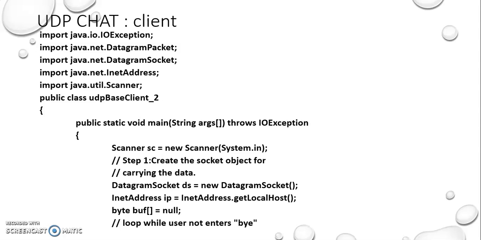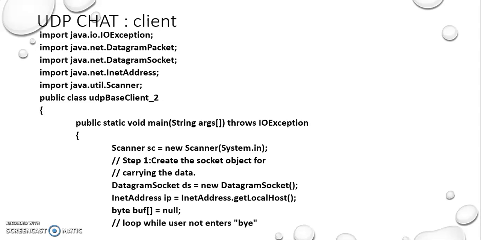So we are just moving through the code of this program. First of all, we have the client program, then we have the server program. In the client program, initially we will have the IO exception, so we have to call java.io.IOException, then java.net.*. So we have to invoke some of the classes. The first one is DatagramPacket. Next, DatagramSocket. Then we have InetAddress to get the IP address of the machine. And there is a util class, that is Scanner, to read the data from the user.